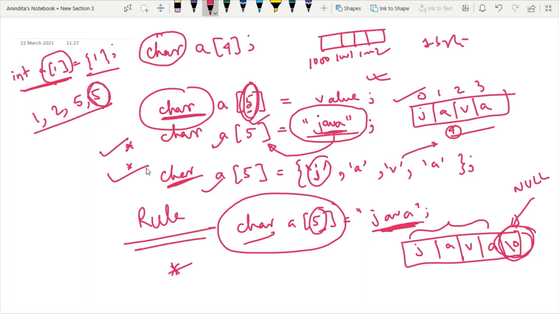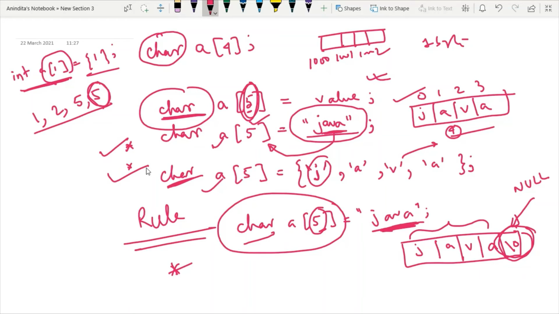Now it is very difficult to understand how to take user input for a character array because it will have several mechanisms and each and every mechanism is significant depending on the application.